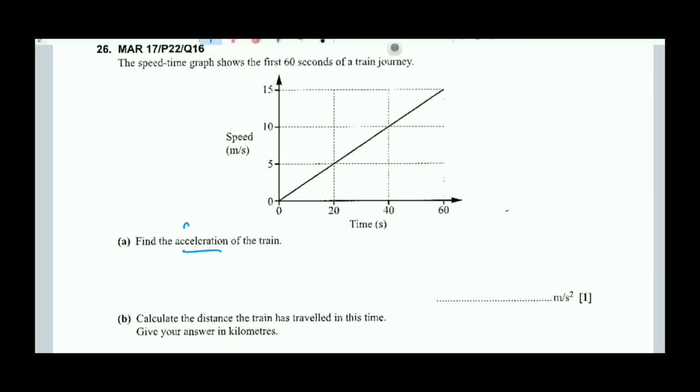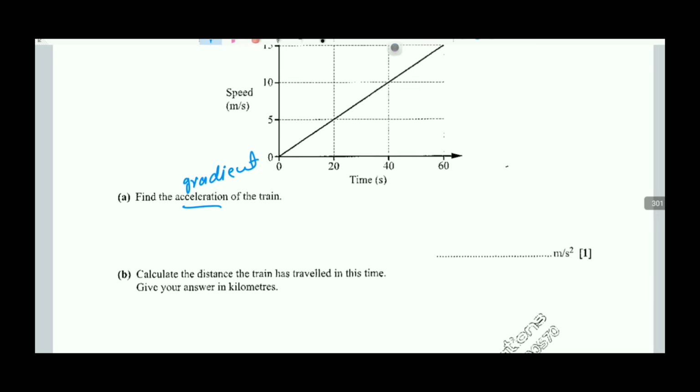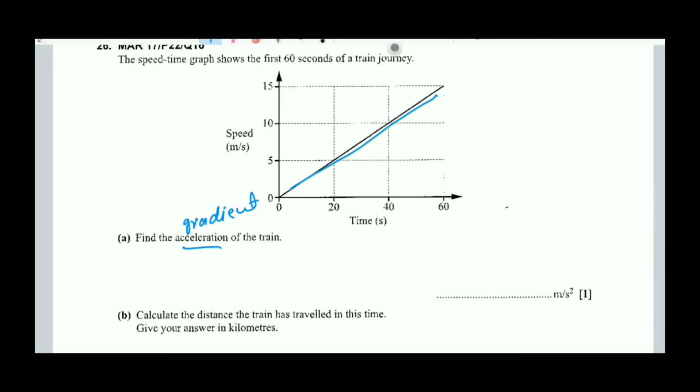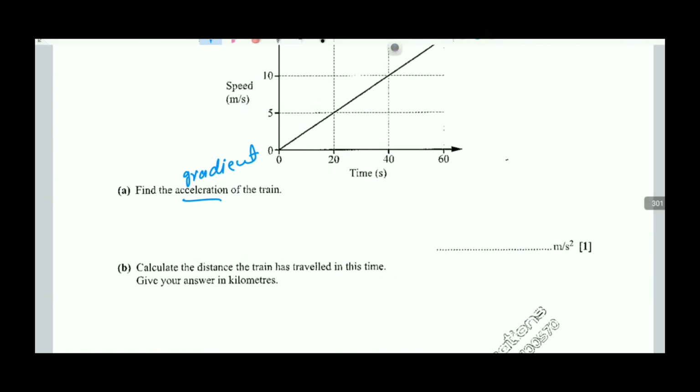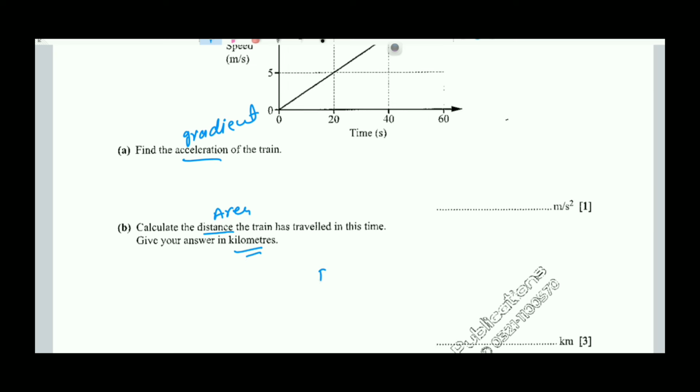Acceleration, speed from acceleration means gradient. You have to find the gradient of this triangle. Also, you have to find the gradient of the train. Acceleration of the train means actually you are going to find the gradient of this slope, and the area of this triangle in the second part. Calculate the distance the train has traveled in this time. Distance means area, and give your answer in kilometers. Also you have to do